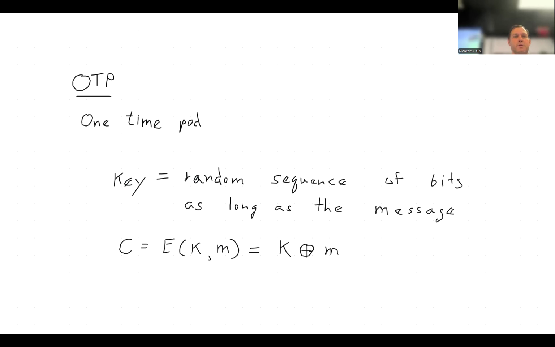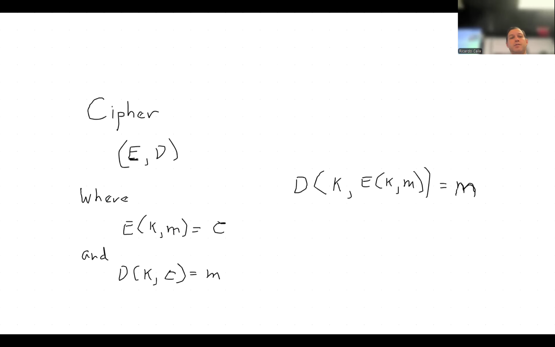So this was a cipher. That was a cipher, right? So we were just looking at this. So what is a cipher? E and D, and then we have this relationship. Okay, now we look at our very first